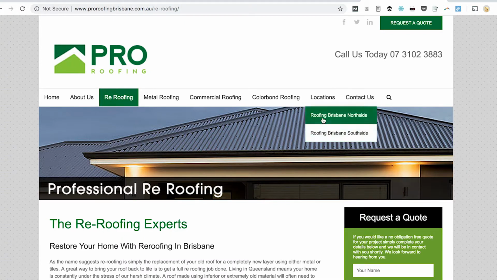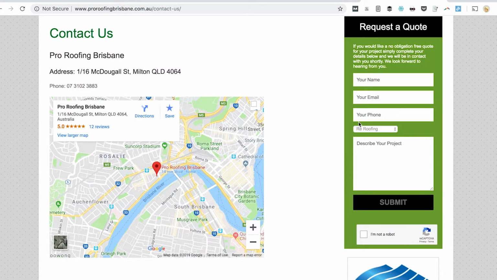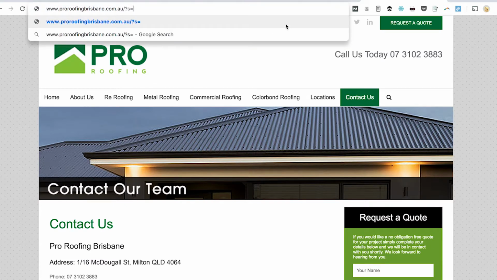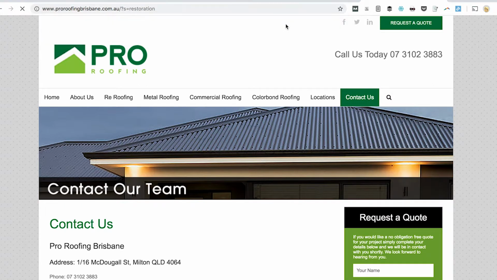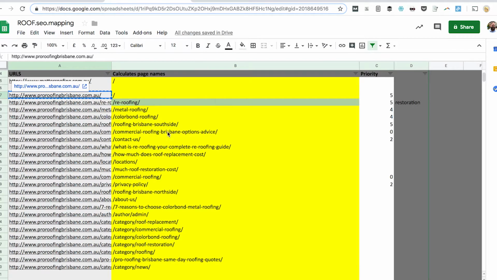Oh, they've got a north side and a south side. Yeah, so their restoration page, where is it? Well, that's not good. The search doesn't even work. Oh dear. Well, that's a shame. Well, it looks like a WordPress website, so let's just cheat. Restoration. Did I spell it right? Yeah, it did. Anyway, so that page,